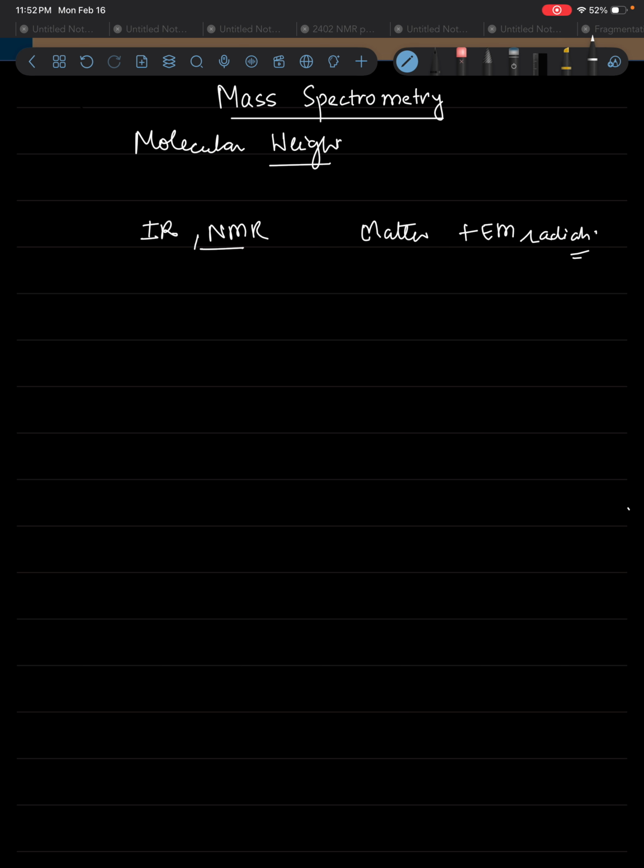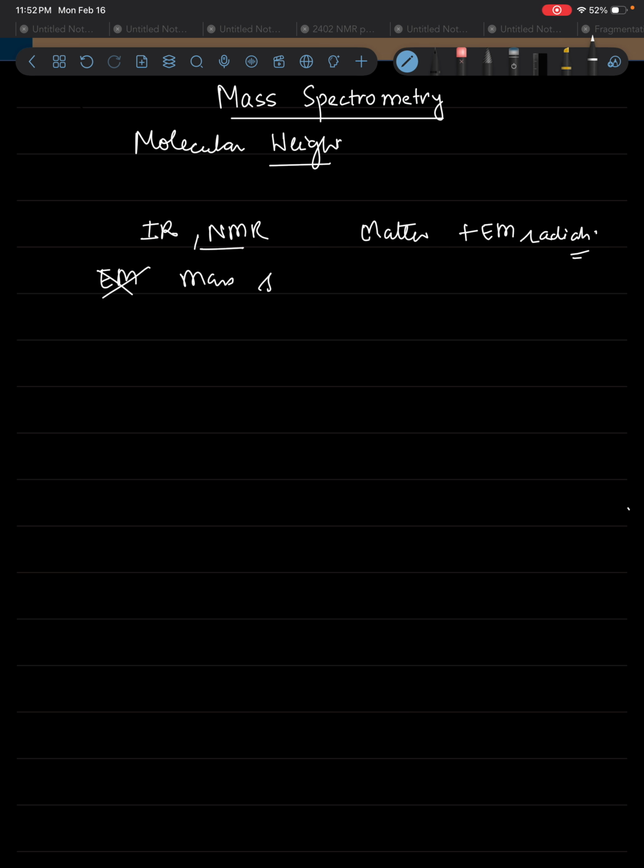Mass spectrometry is a technique which is used to find out the molecular weight, or the molecular formula, of a compound, right? It's quite different from the other spectroscopic techniques like infrared spectroscopy and NMR spectroscopy, where we allow the interaction between matter and electromagnetic radiations, right? So here in mass spectrometry, there is no involvement of any electromagnetic radiations,